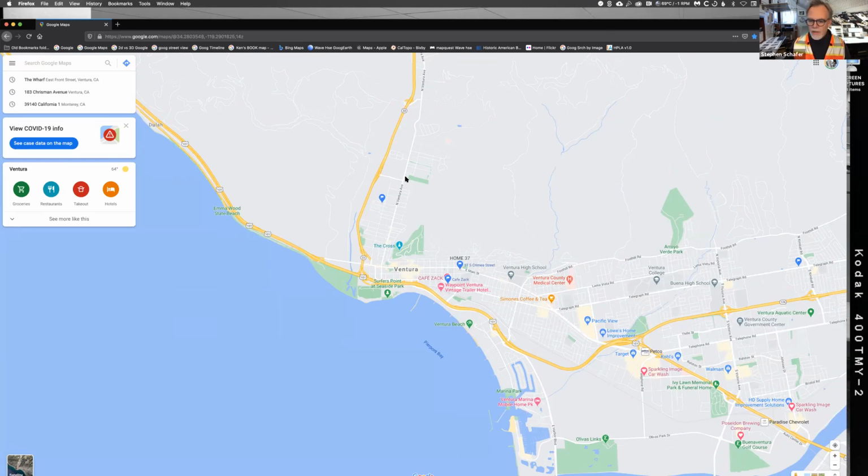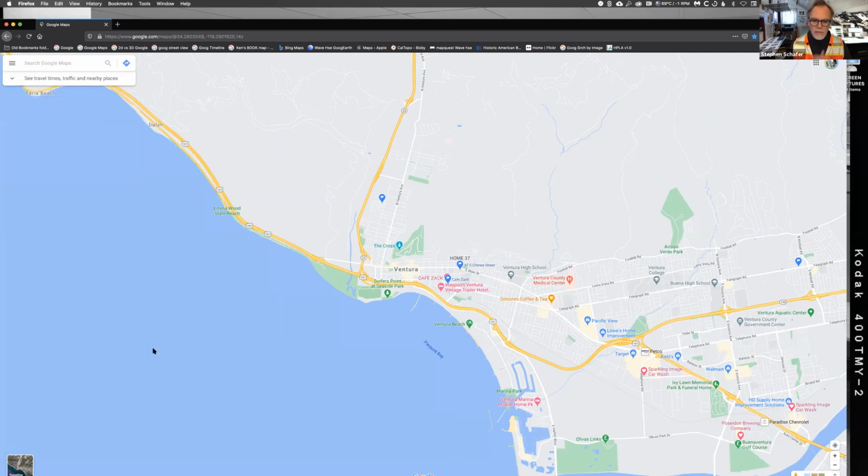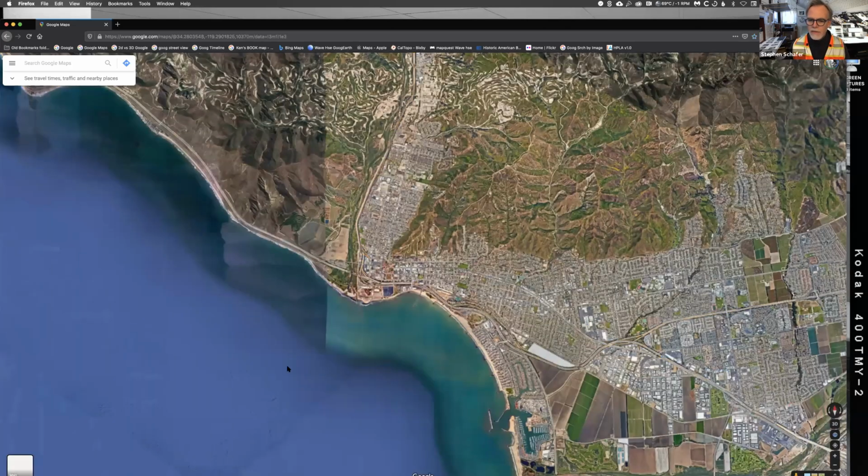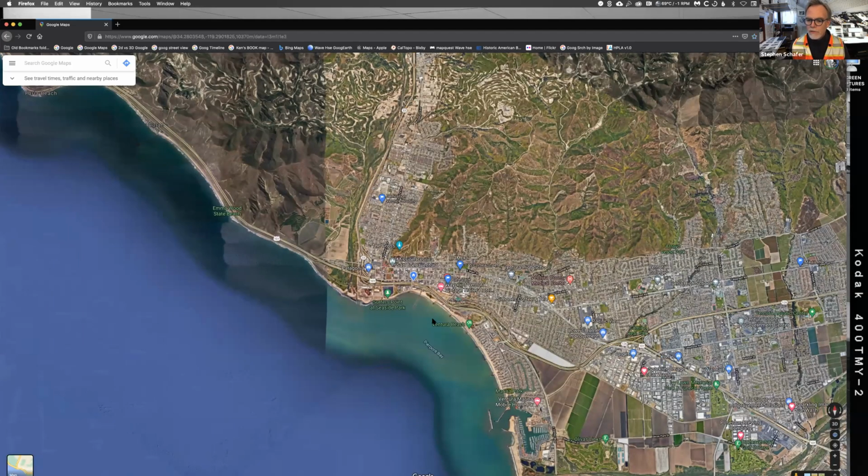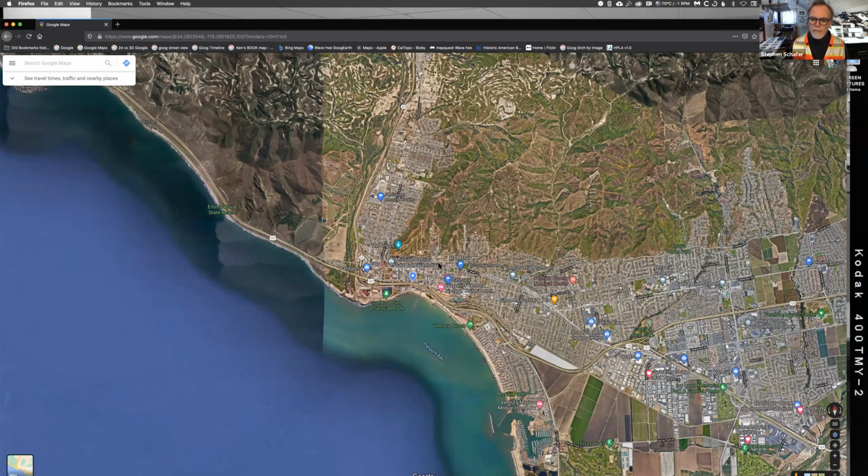And the best way I have found to do that is to immediately go to satellite view and start poking around Google and see what I'm getting into. Since most of my work is all over California and very little of my work is actually in Ventura, I'm not really in a position where I can drive to things. So as a typical situation, if you zoomed in on something in,